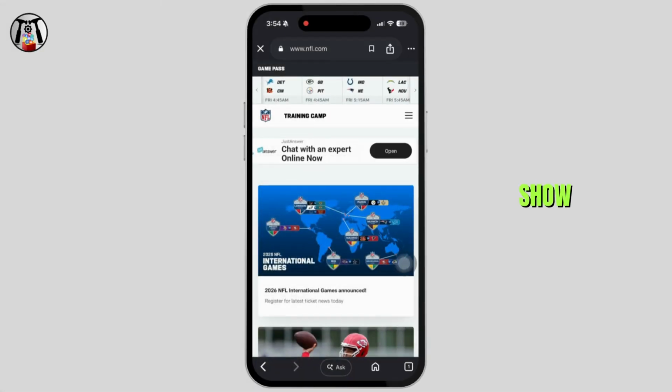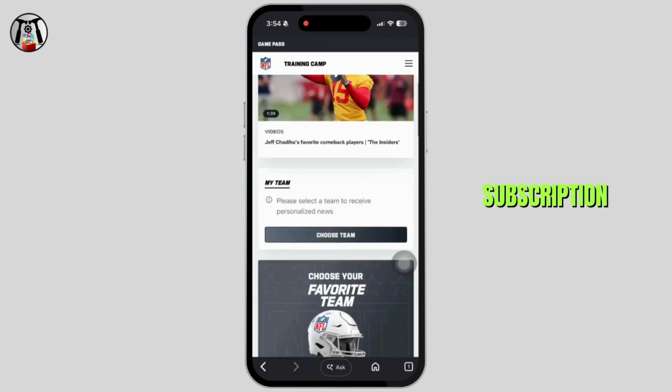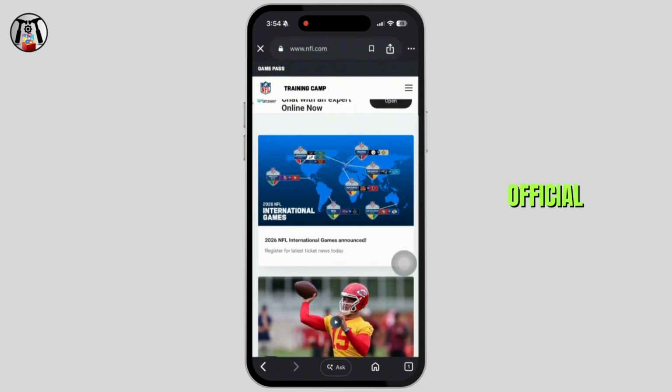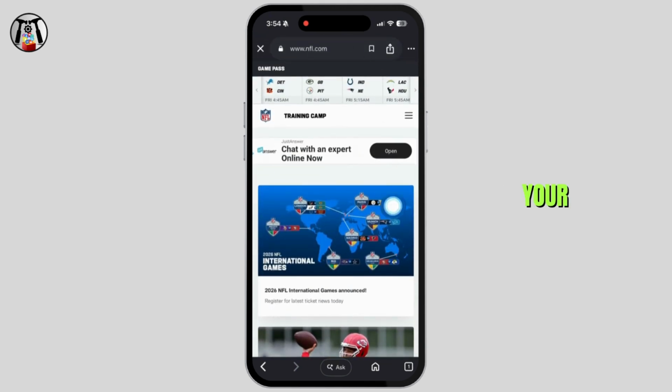In this guide, I'm going to show you guys how to update your NFL Plus subscription. Let's get started. Launch your NFL app or navigate to the official website of NFL, provide your credentials and log